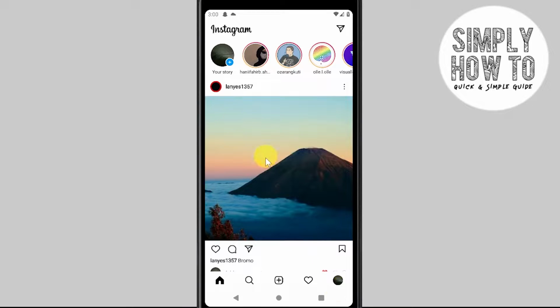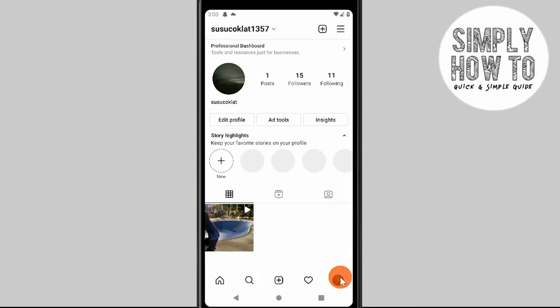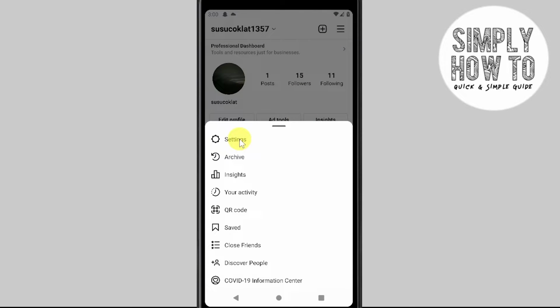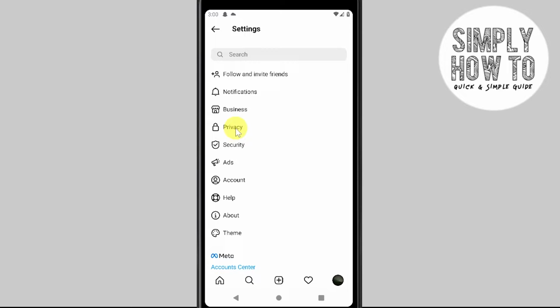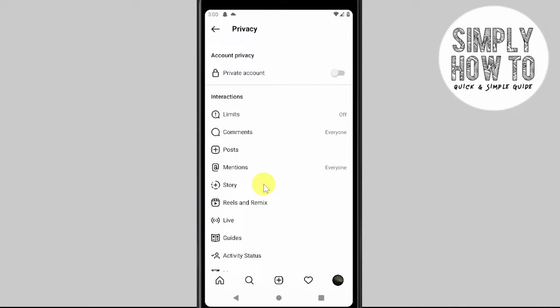First off, just from your Instagram dashboard, go to the bottom rightmost button, your profile button. From there, just go to your hamburger button on the top, a three lines button. Just choose settings, and then from there, choose privacy. You'll be presented with a privacy screen, and from there just choose story,